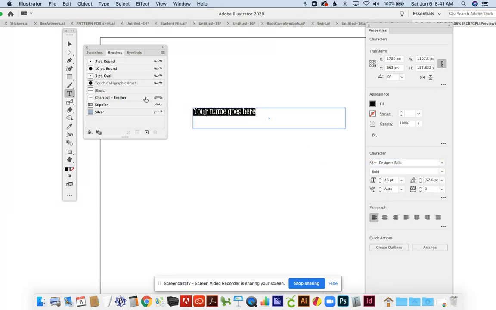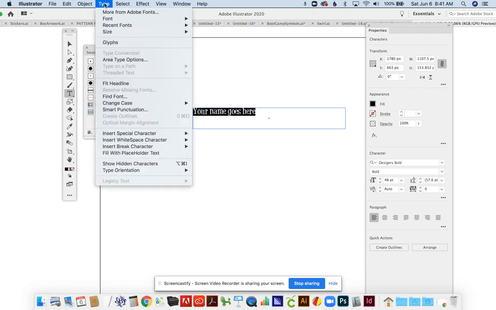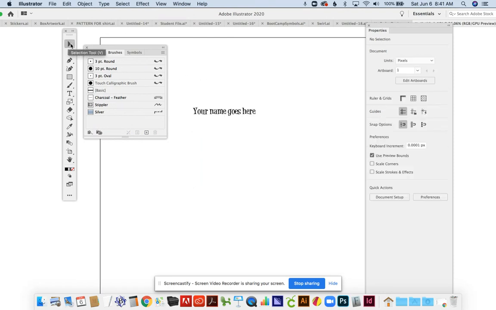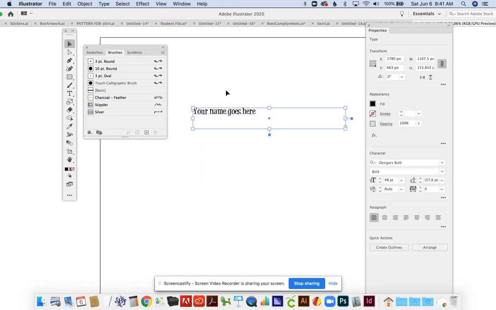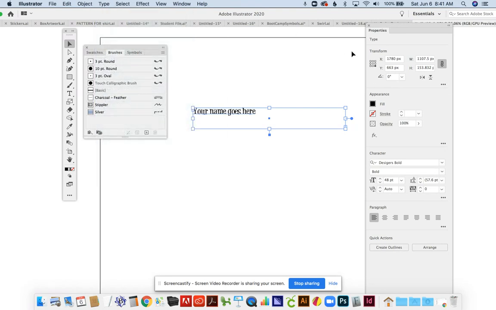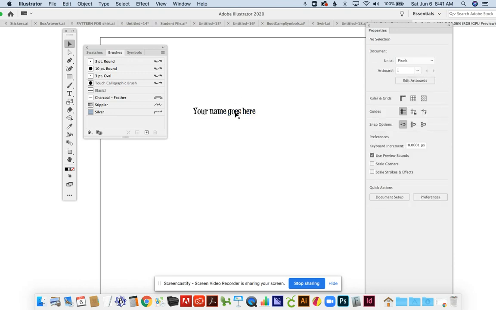And now here's what you need to do to turn it into a brush. From up here, you're going to want to get out of the type tool and with your selection tool, just select that text box. And then from Properties, you can create outlines. You can also, up from Type, down here you'll see Create Outlines. The Properties panel is sort of like your dashboard, and I think it's a useful way to get at these tools quickly. So create outlines, and now it no longer is created with fonts,